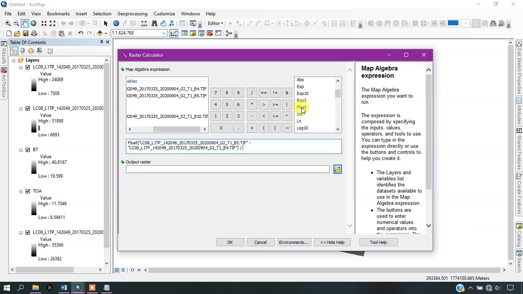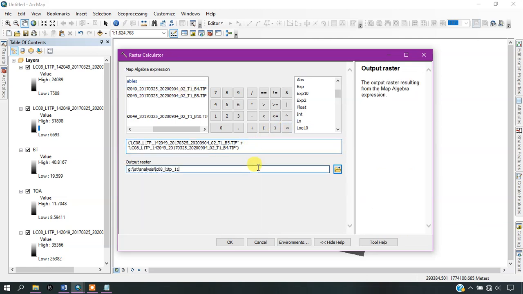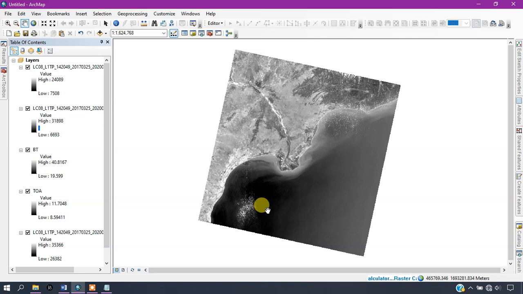Once again use the float function, and this time add band 5, that is NIR, and do the addition with band 4, that is red. Once you have done it, select the folder and file name. I'm going to name it NDVI, and give OK in order to begin the process.